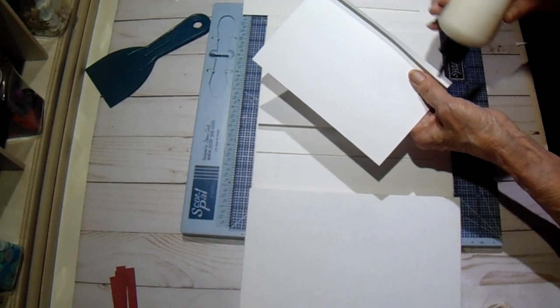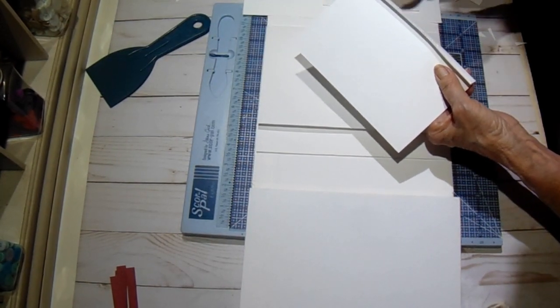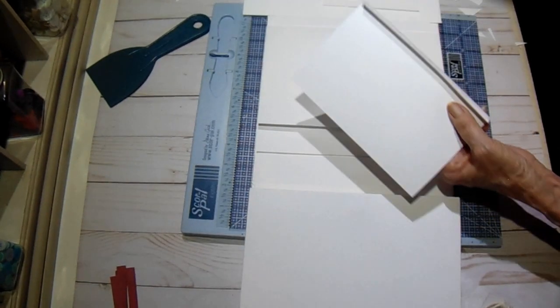And then I gotta take a real quick break here and go check on my dinner. And I'll come back and we'll put panel 4 together, and then we'll be...